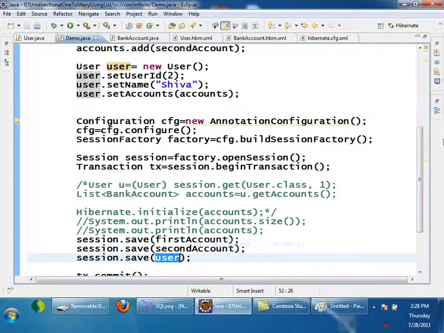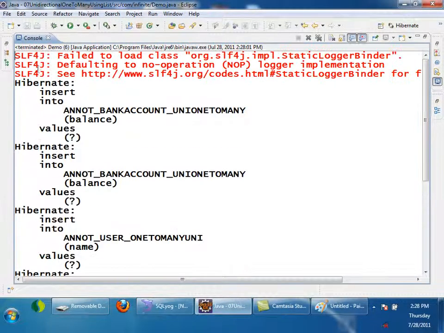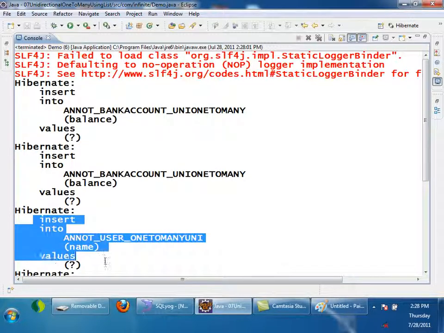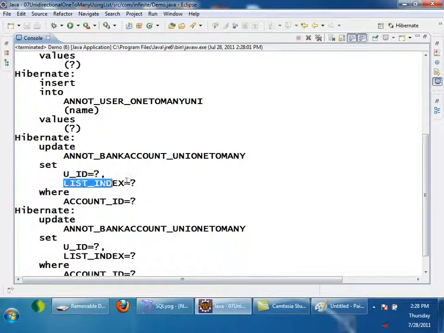Yes. See, first bank account is inserted, second bank account is inserted, then user is inserted, then update queries are updating UID and list index, right? So the output is exactly the same as in XML configuration, but we use annotations now, that's it.